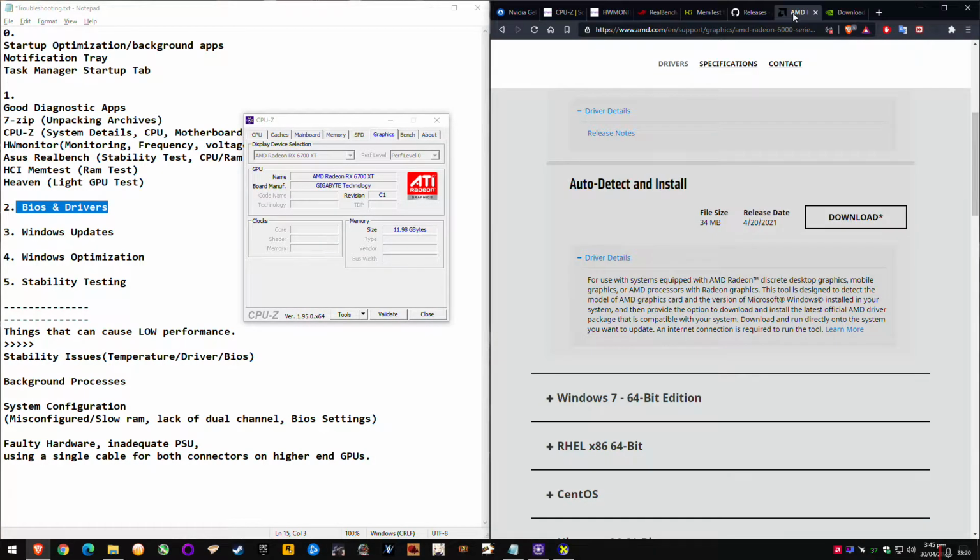And in case anyone was wondering, do not rely on automatic driver software. It can work, but it can also cause disastrous results. So you could end up with a completely unstable system where the drivers are just messed up from using an automatic driver wizard. That doesn't go for all driver wizards. Some are fine, but it can happen where you'll end up with the wrong chipset drivers, and they cause low